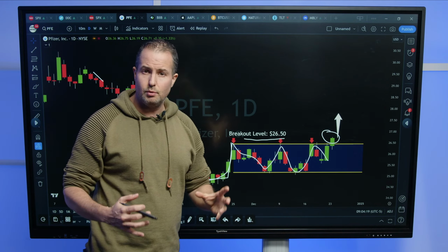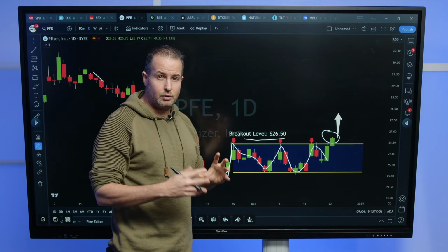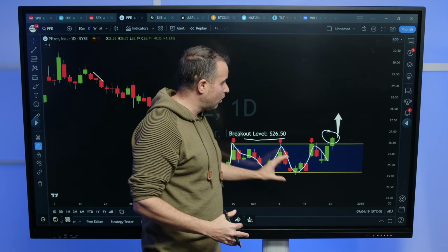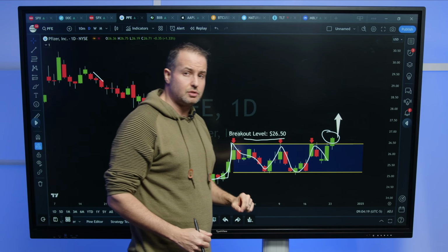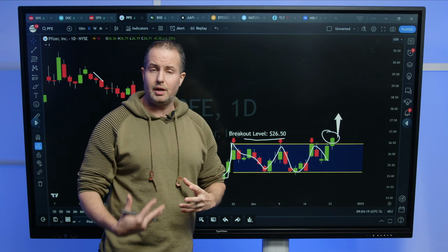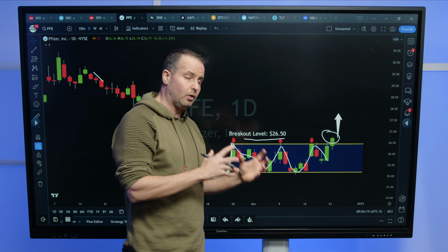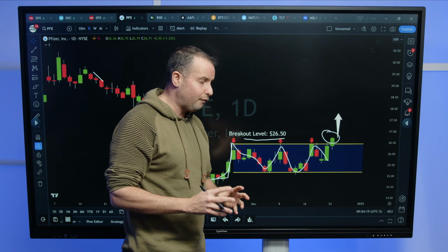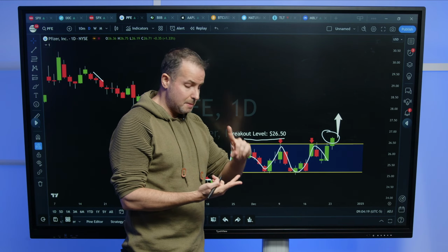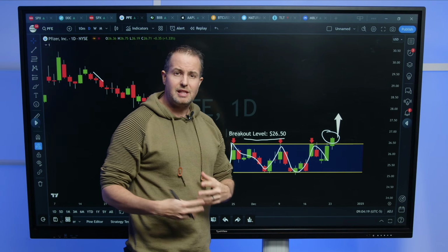We've talked about the January effect plays, stocks that have been beaten down into year end, tax loss selling, them keeping them under wraps, but this one's already starting to inch up just a little bit. It also pays a hefty dividend. So if you're someone who's a little concerned like me going into the new year about the overall stock market, I myself am looking to find names that have been beaten down, that are good quality, they pay a dividend, essentially they cushion it